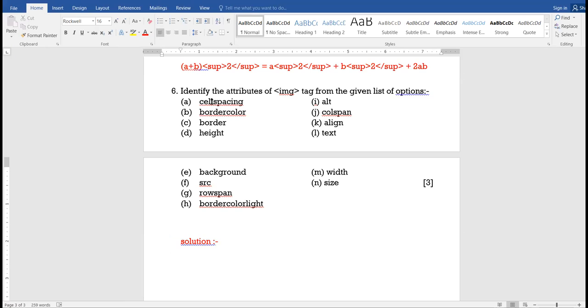Starting from 1, cell spacing is not an attribute, border color is not an attribute, border is an attribute. So write C here, border. Then height is also there, so you can write height. Then background is not an attribute. SRC is an attribute, so you can write here SRC.